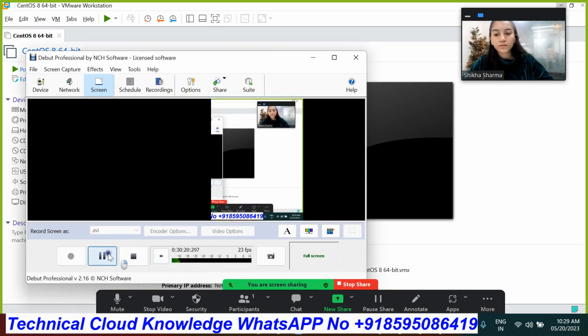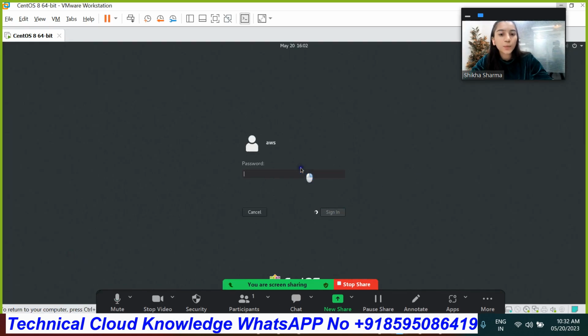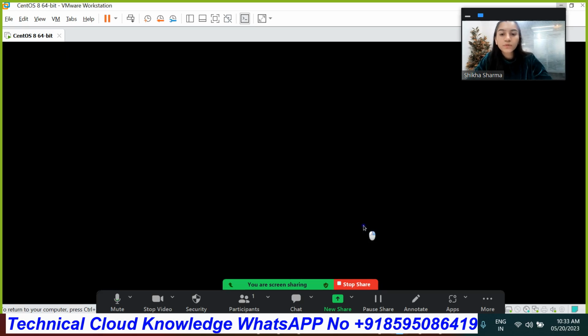So let's log in with the AWS user and then write the password. Sorry, I wrote the incorrect password. So I think now it is logging in. I have written the correct password. So yeah, now it is logging in with the AWS user.